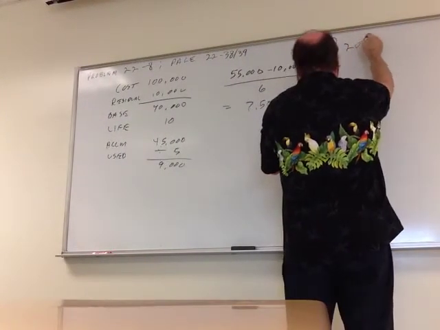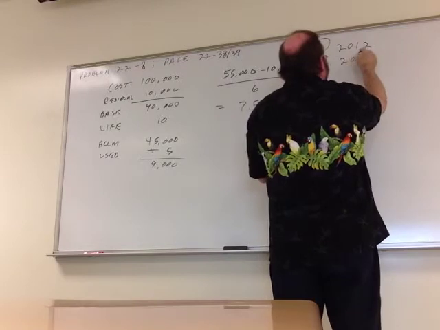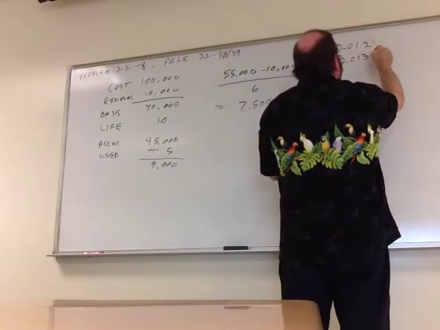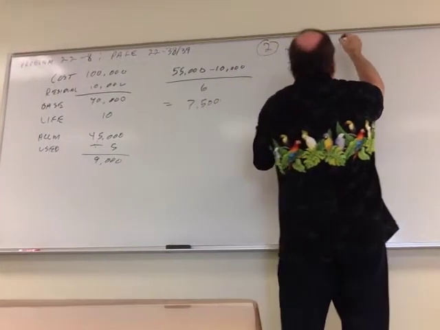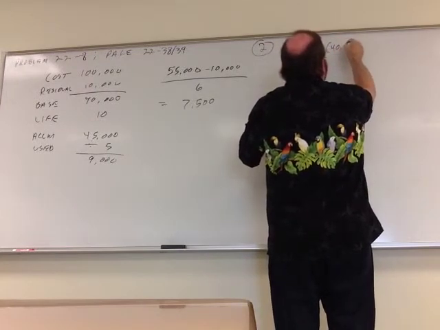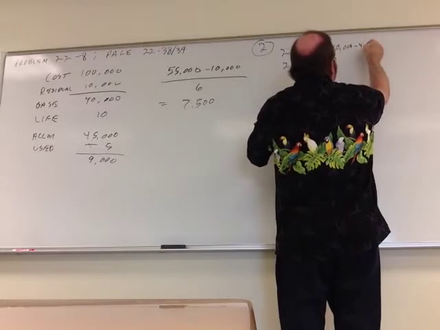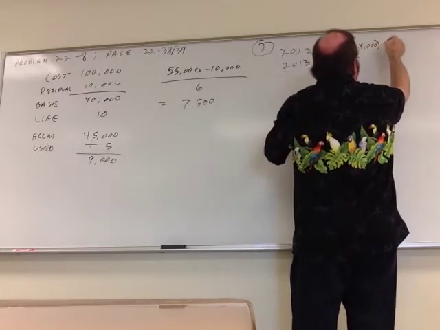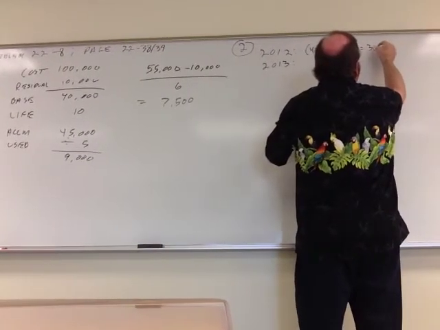So in 2012 and 2013, we had a depreciable base of 40,000 minus 4, or 36,000